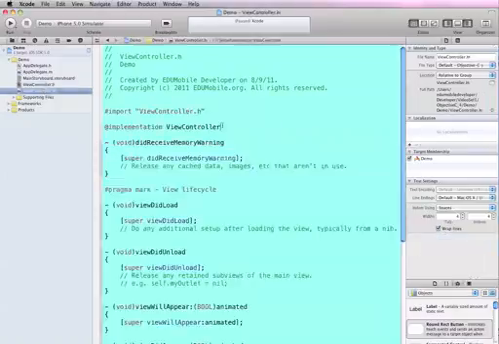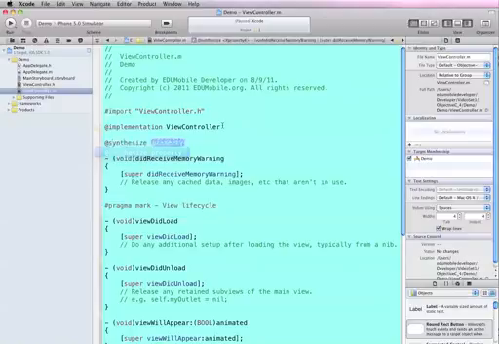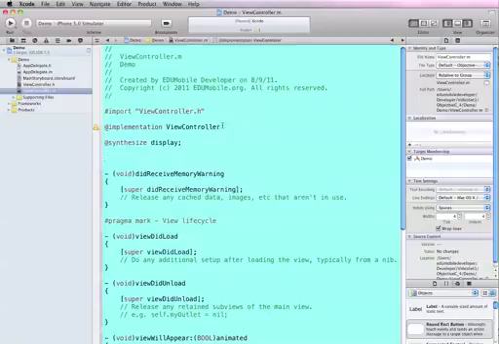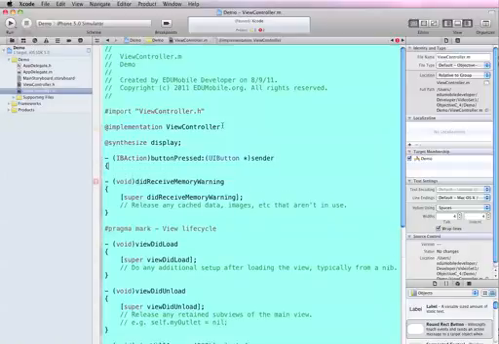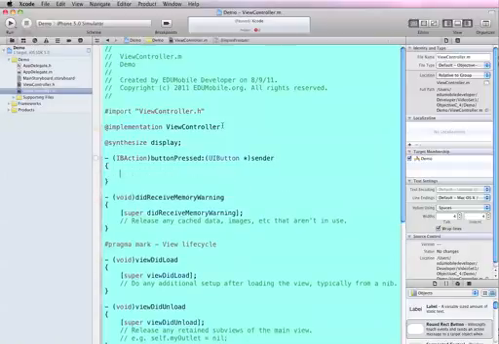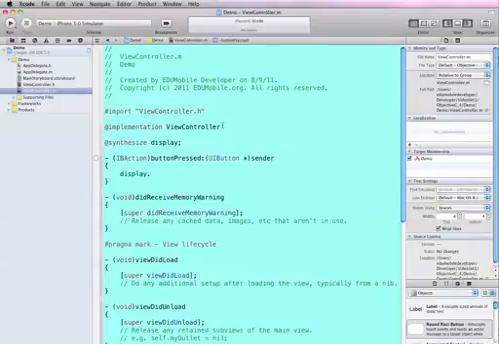In our view controller, in our implementation, we'll go ahead and synthesize that display property. And then we'll write the definition for that action. And it comes up for us there. You just get rid of the rest of it, and there we go. Now, for now, that does nothing. We'll fix that right now. What we're going to do is take that display object and set its text property